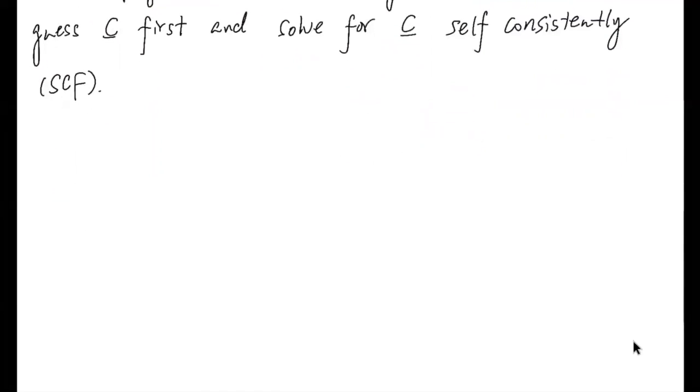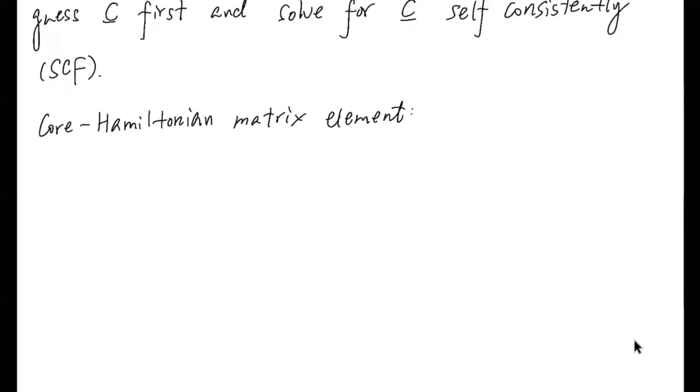Now let's review what we have discussed in the previous lecture. So in order to solve this restricted Hartree-Fock equation, right, we have the Roothaan equation. You have the core Hamiltonian matrix, right? The core Hamiltonian matrix elements are one electron integrals,